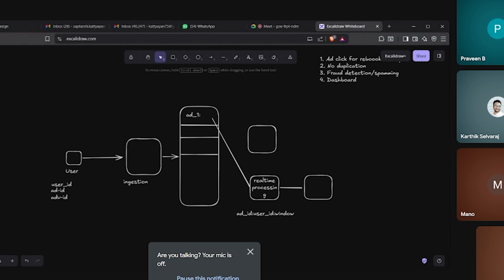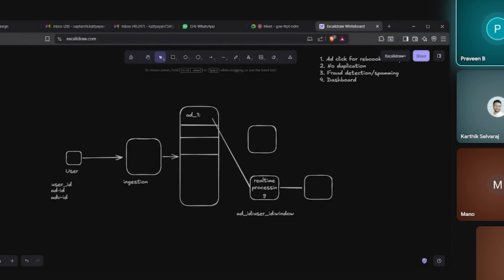For scaling with SQL we can also have multiple servers, like a read-only database and a write-only database. That way we can also scale. But you have the ability to replay in Kafka. Yes, during failures it can retry and act as a buffer, right? Yes, it can act as a buffer. Okay, so let's move to the user block.